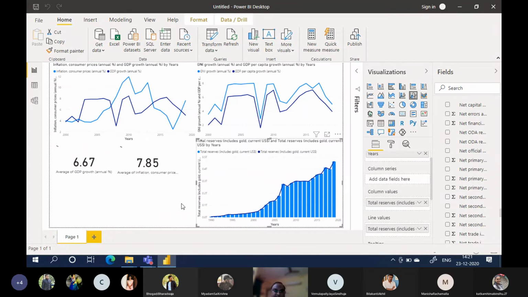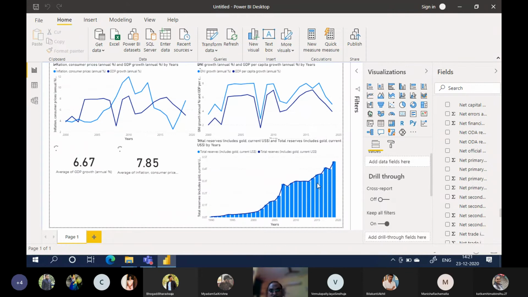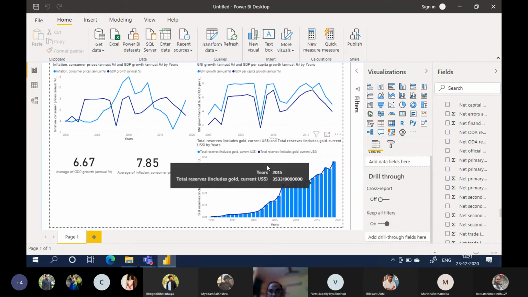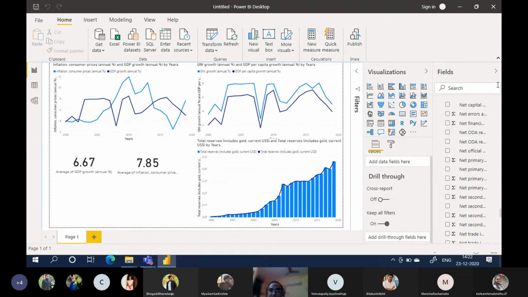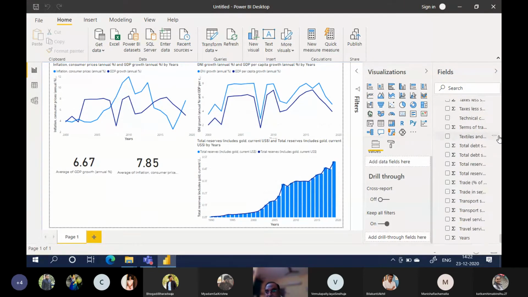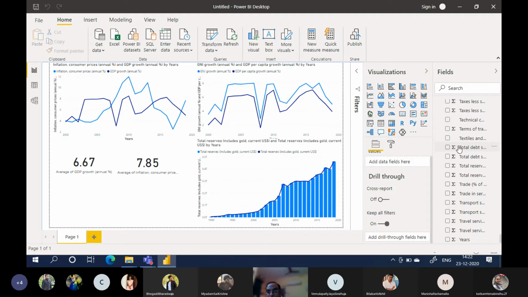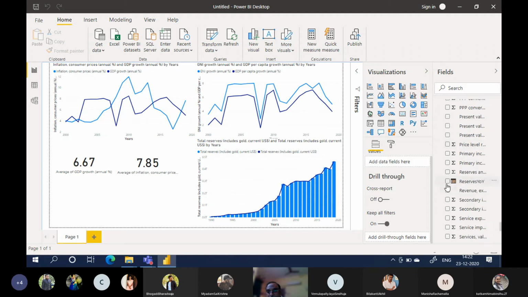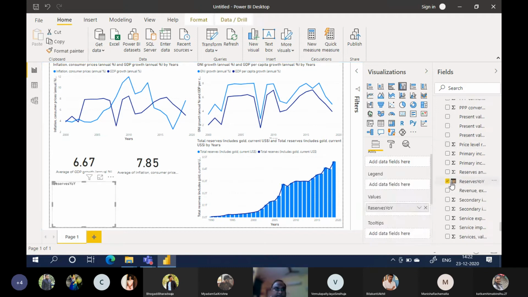So we have this line plot with these reserves. Now what else can we add to this graph? Let us see what other values we have. Total debt service, percentage of. Okay. Now reserves, year on year, we have to delete it.